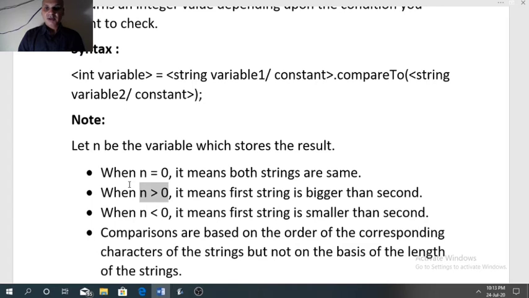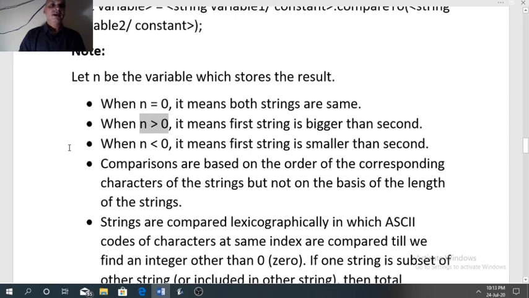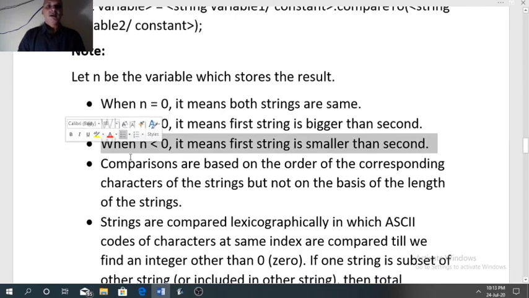Exact process I will explain after this: how the comparison is done, how we are comparing the ASCII codes. When you get n equal to negative, it means first string is smaller than second string.